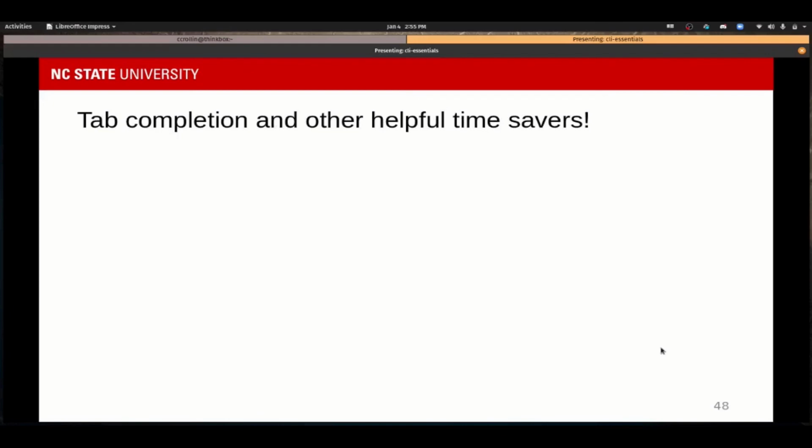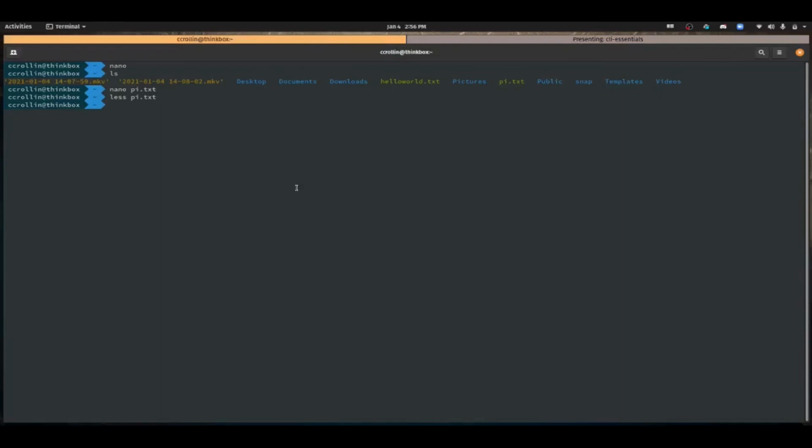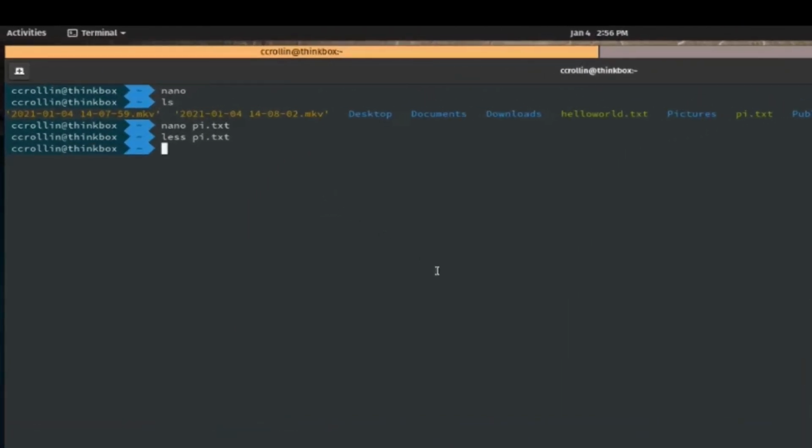Now we're going to talk about tab completion and other helpful time savers. So, as people who use the Linux command line, we rarely like to type out long things, and another way to get around that is using tab completion. Let's say that I wanted to use the cat command on hello world. So I could type cat hello world.txt. That would work,